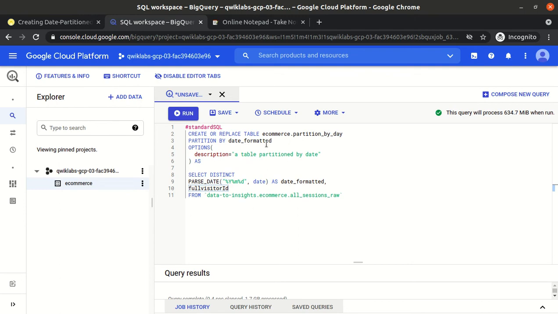It will create an internal partition, or you can say metadata. The metadata just stores the information that this partition exists in this range or at this storage. So we are creating a partition on this column, and all the other things are the same. So let's create the table.